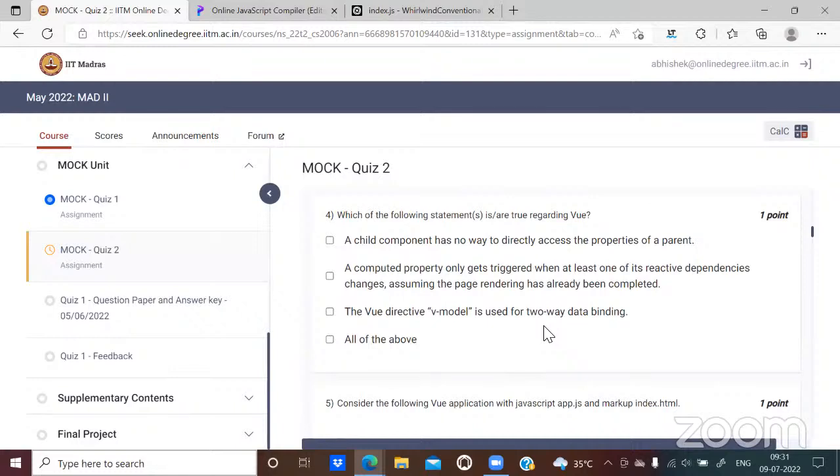There are four life cycle hooks: beforeCreate, created, beforeMount, and mounted. Once mounted is done, the DOM is ready, which means it is rendered, and the statement says assuming the page rendering has already been completed, meaning mounted has been done. It does not guarantee that the page has completed its rendering. It does not guarantee the mounted hook. Then when is it going to give a guarantee, sir? After that, we have destroy.